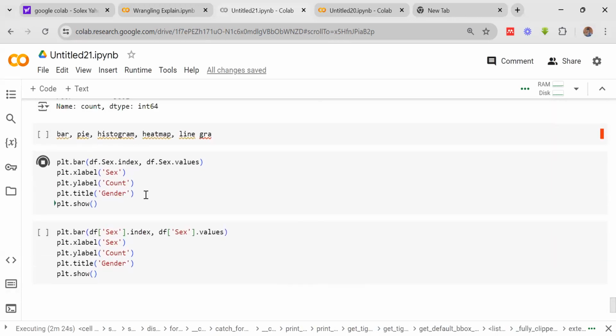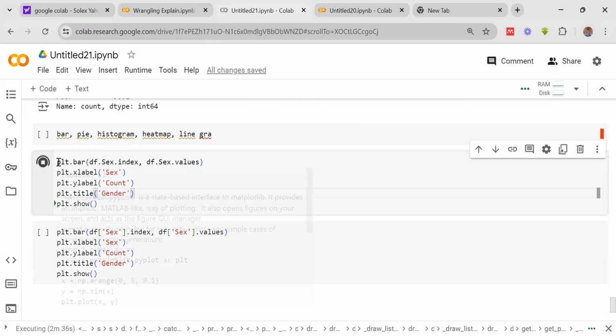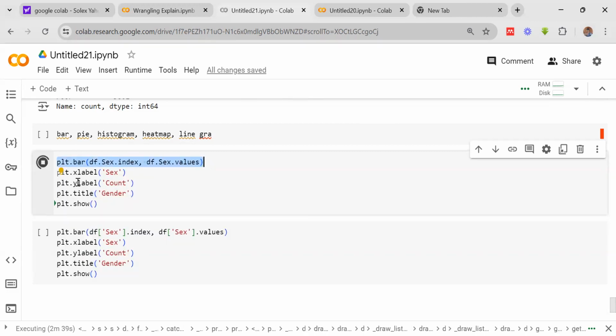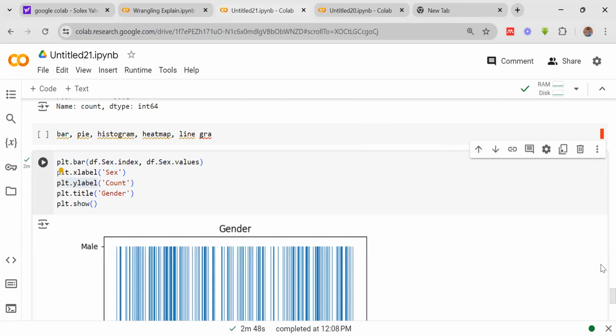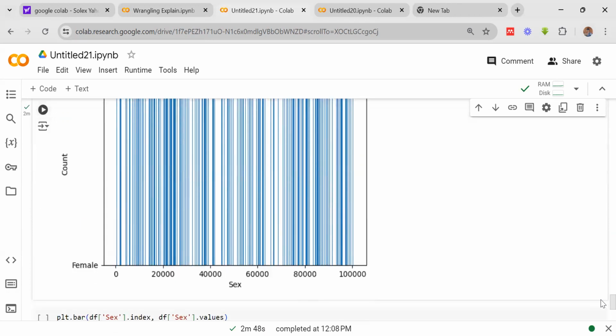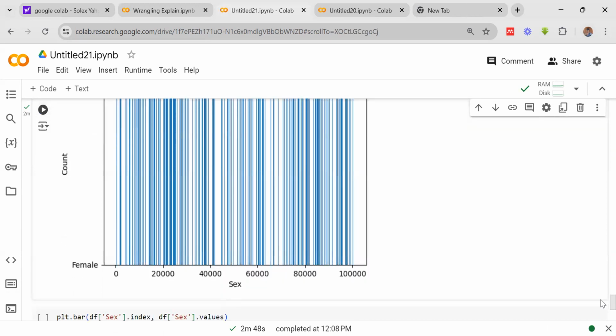chart. I don't know why this is running forever. This should have finished by now. plt.bar, plt.xlabel. This is the only one we even need. Every other one is just telling us what should be the labels on the x-axis, this one is the labels on the y-axis, and this one is the title on top. Okay, you can see this is telling us that we have gender, cells, some that are male, female,